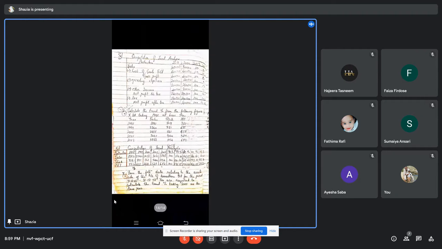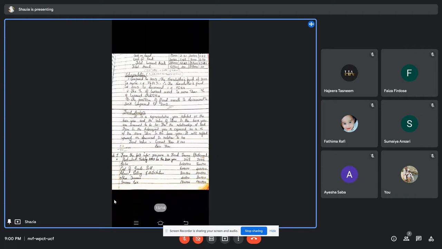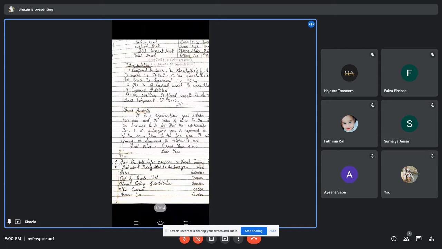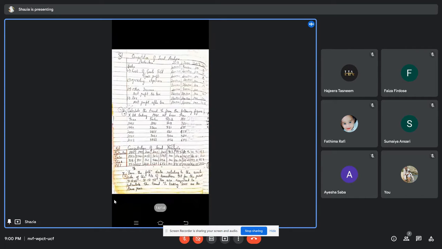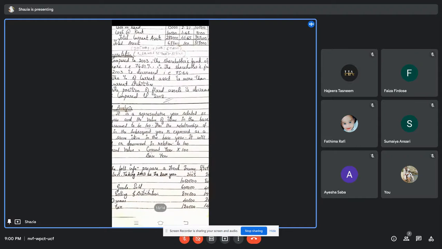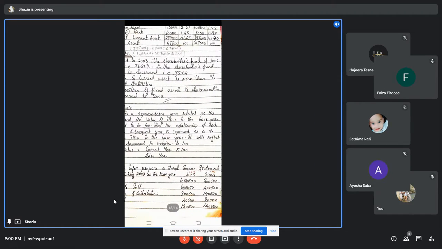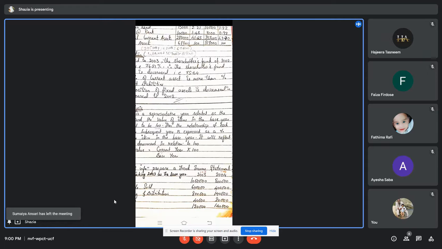And there is one more problem here also. First problem they have given in the form of profit and loss account. This one, cost of goods sold. Here also they have given you only 2 years. This will be very easy for you. Okay, they have given you only 2 years, taking 2003 as a base year and 2004 as a current year.